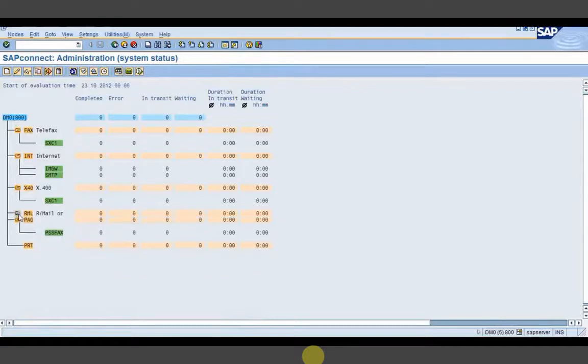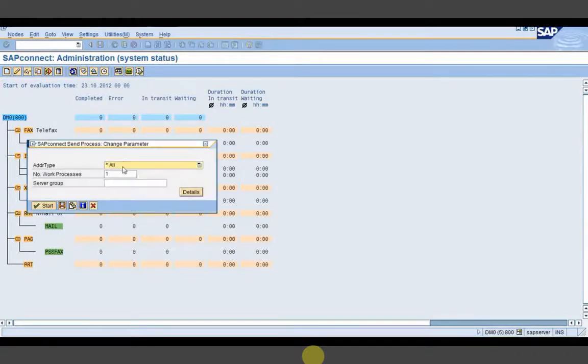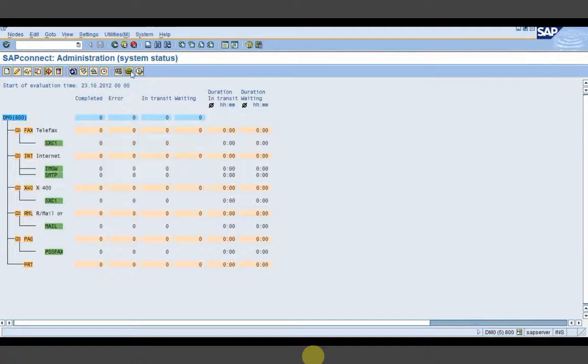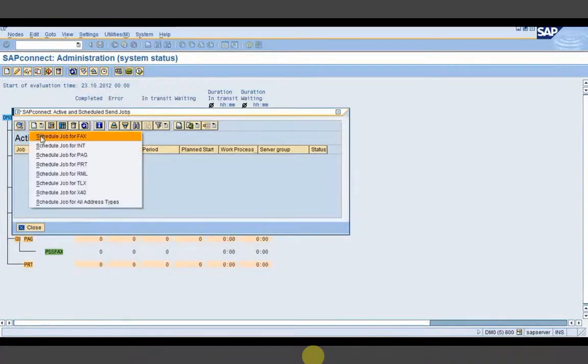Yeah, the last execute button is there. Job button is there. Yeah, we can execute. Okay, here it is not scheduled.